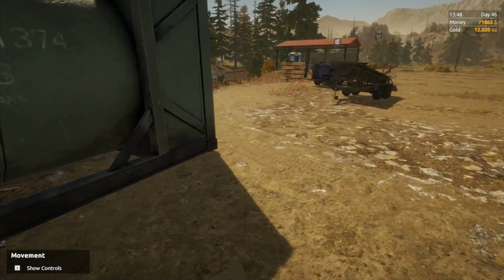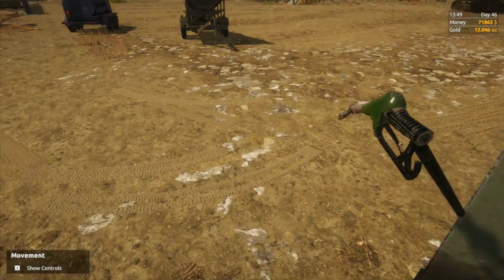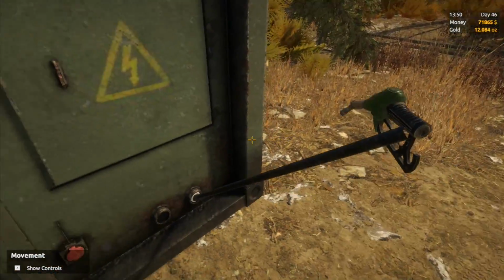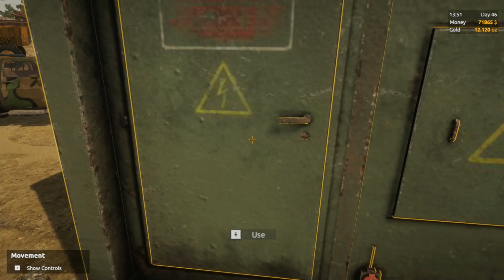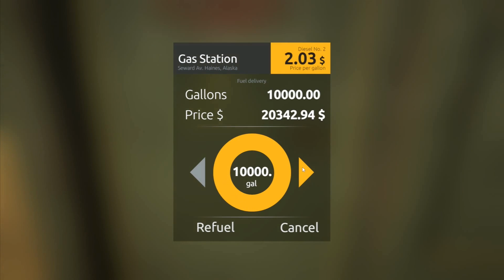Is that one there? Where's the... Ah, it's back here. Right, that one comes out there, but it does reach a long way. So we got a long hose on this one, so that's fine. And it goes on the back, which is actually a better thing, because it's out the way and nothing's going to get damaged. So then we go into here and we can fill this one up. This one takes 10,000 gallons. That is going to cost us